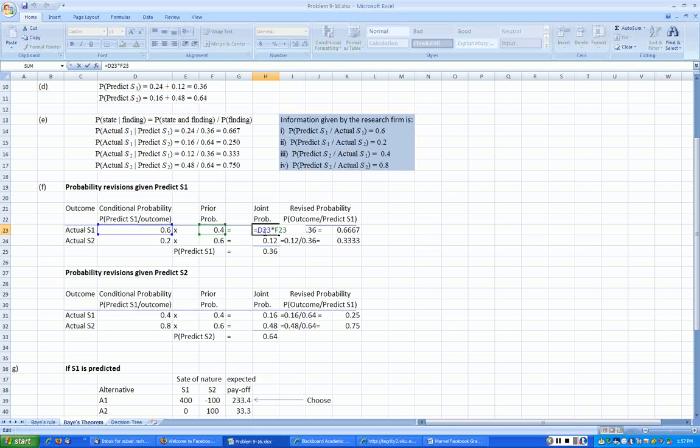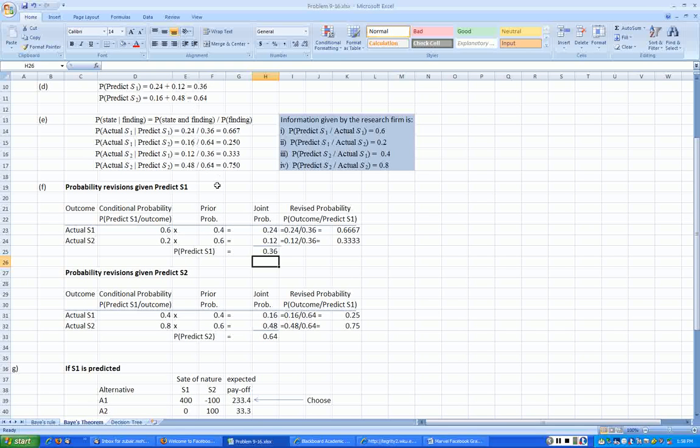And this being 0.2 times 0.6, that economy, joint probability being 0.12. So the total is nothing but the sum of these two. Now the revised probability, that's what we actually had to use in our analysis. That is this part here, which is nothing but the ratio of this 0.24 to 0.36, and this is 0.12 to 0.36. See, using this sort of tables makes it a lot easier than going